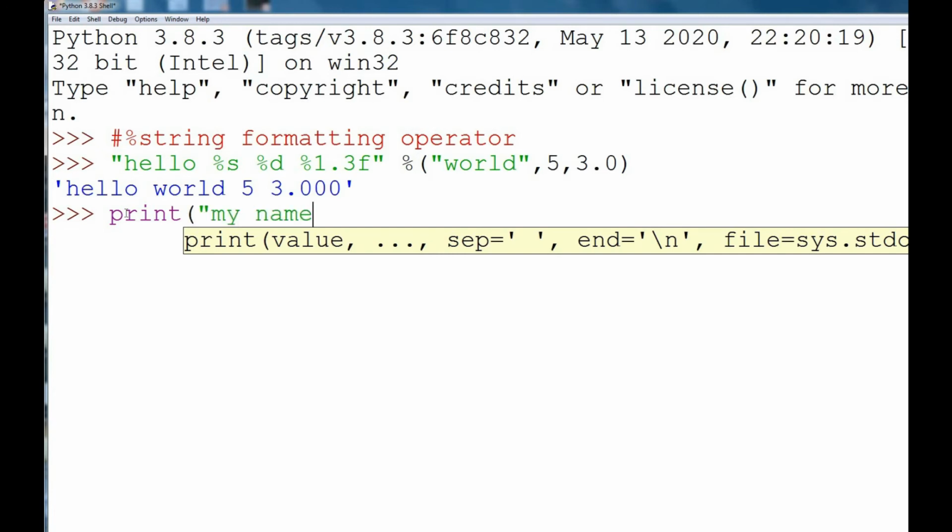So let us see another simple example. Print "my name is %s and weight is %d kilogram".